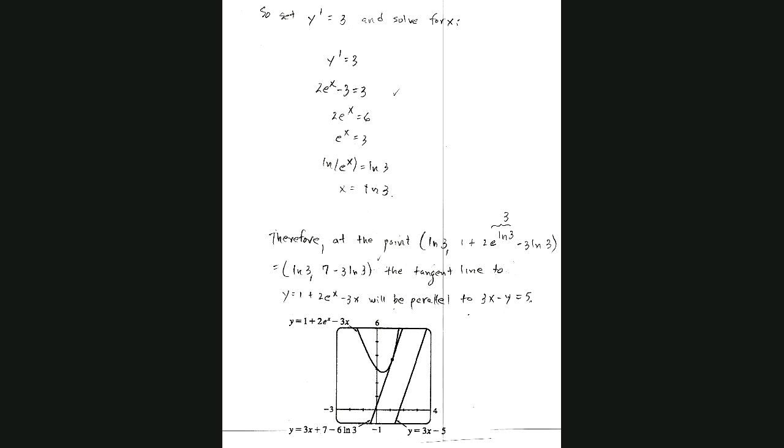Okay, so we set y prime equal to 3 and solve for x. So 2x minus 3 equals 3. That means, I'm sorry, 2 times e to the x minus 3 equals 3. So 2 times e to the x equals 6. Therefore, e to the x equals 3. And it's an exponential equation, so you take the log of both sides. x equals log of 3. And so therefore,